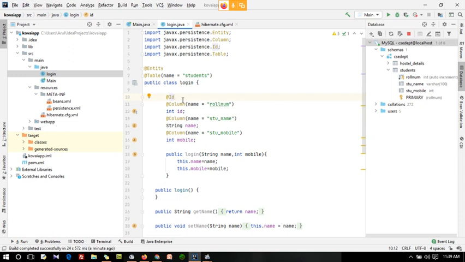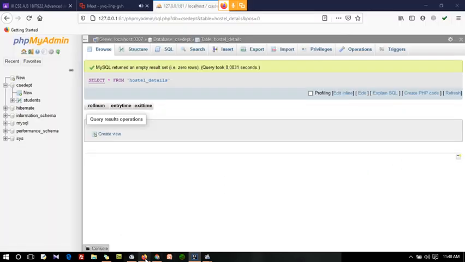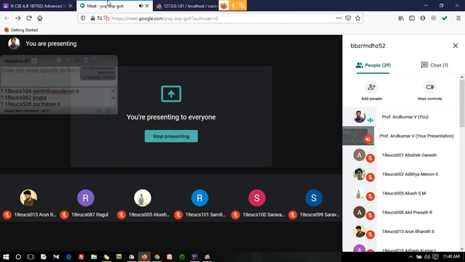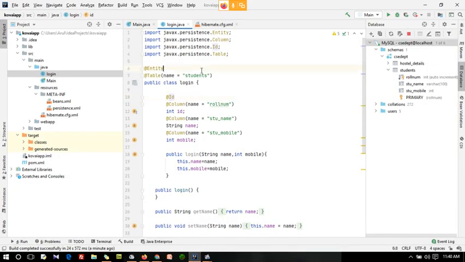In that XML file we map all the variables to our database columns. But here, guys, we are not going to use any separate mapping file in this IntelliJ. Clear? Any doubt up to this?